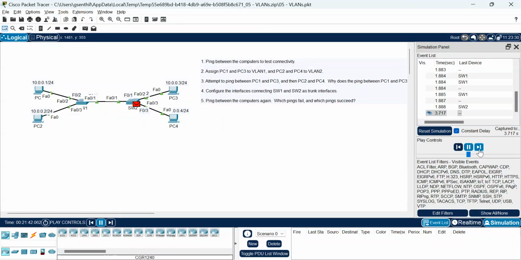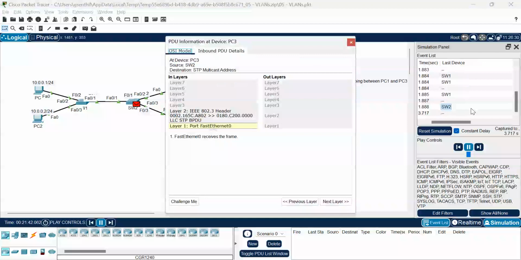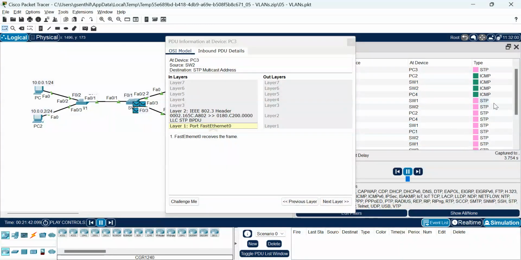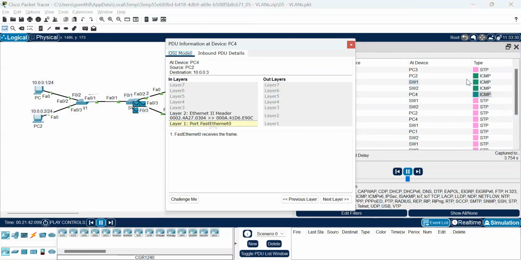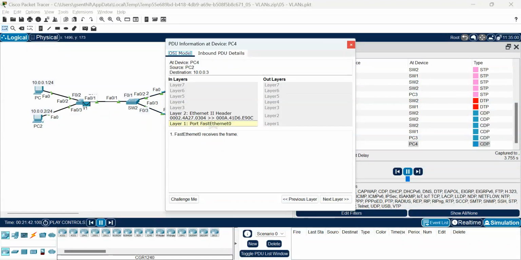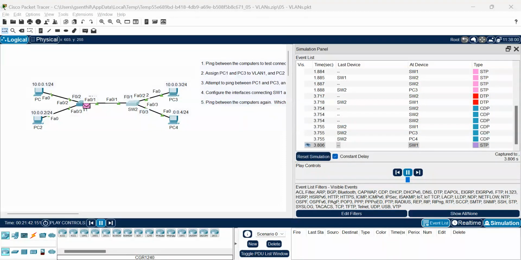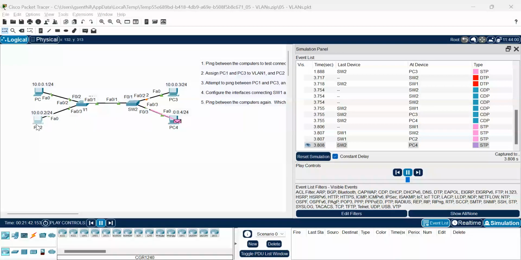See, if you look at the packets from here, only STP BPDUs are flowing, not the data packet. This is the ICMP ping, so it is going to PC4, not PC3. In case you want that to happen, we need to go and configure interface FastEthernet 0/2 switchport access VLAN 2. Then if you ping it,